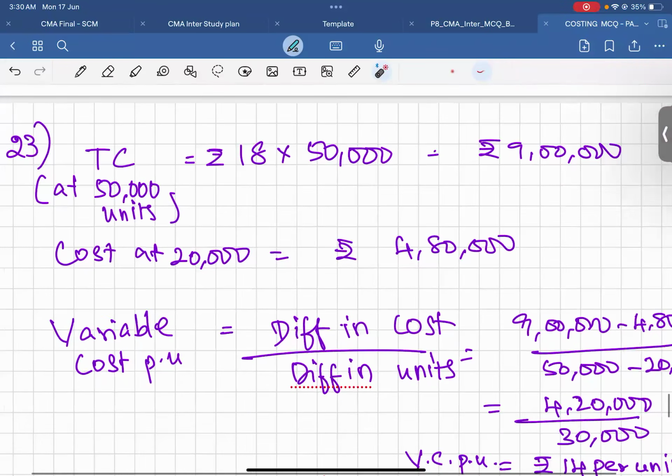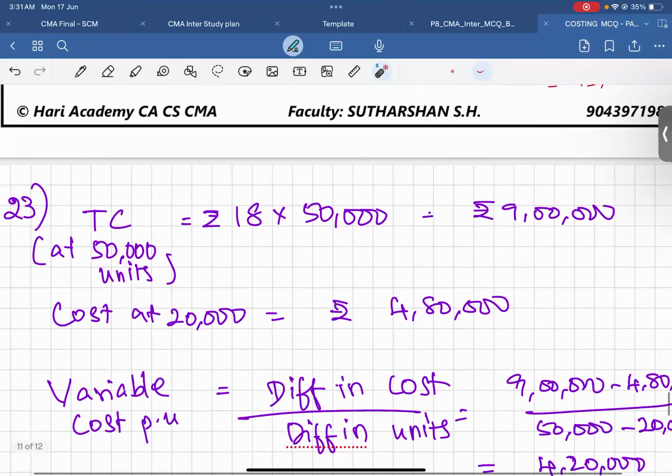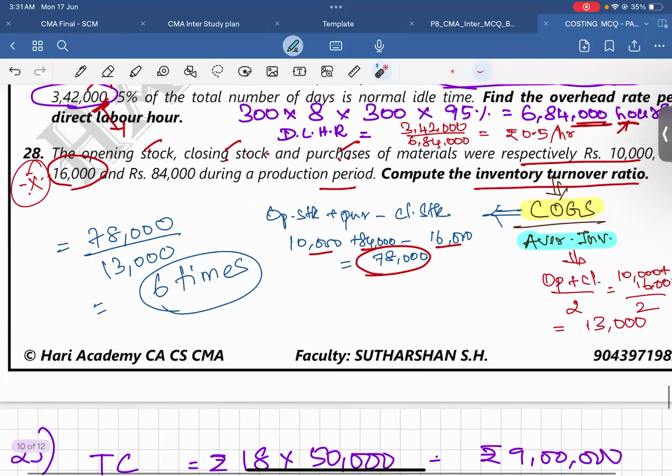Inventory turnover period, they may ask for the inventory turnover period. There may be a creative question on that. If they ask in days, you can assume 360 divided by 6, which is 60 days. Write an assumption. If not, assume 365 divided by 6. And why I am discussing this is, they may give you options. At that time, if the 360 assumption is not stated, try to assume it and write it. Okay, then we'll go with question number 23.